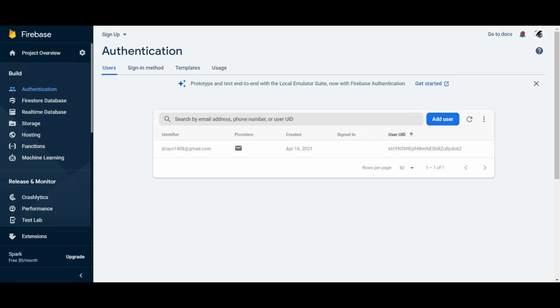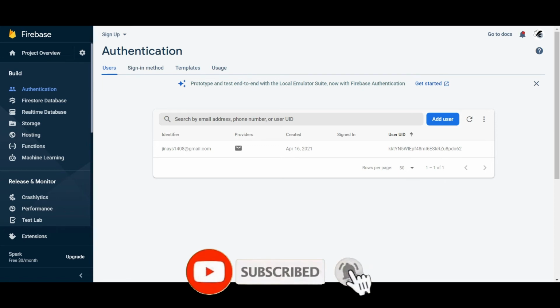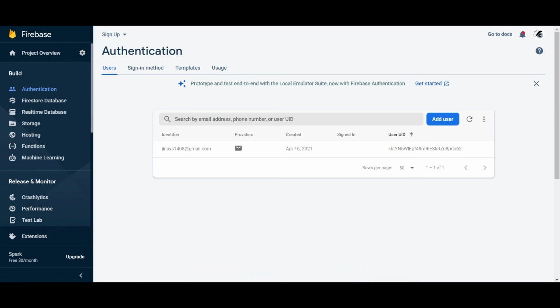I created this video for that, and through this method you can allow multiple sign ups, so many people can log in and all the data will be saved over here. Firebase authentication is systematic and allows multiple entries.